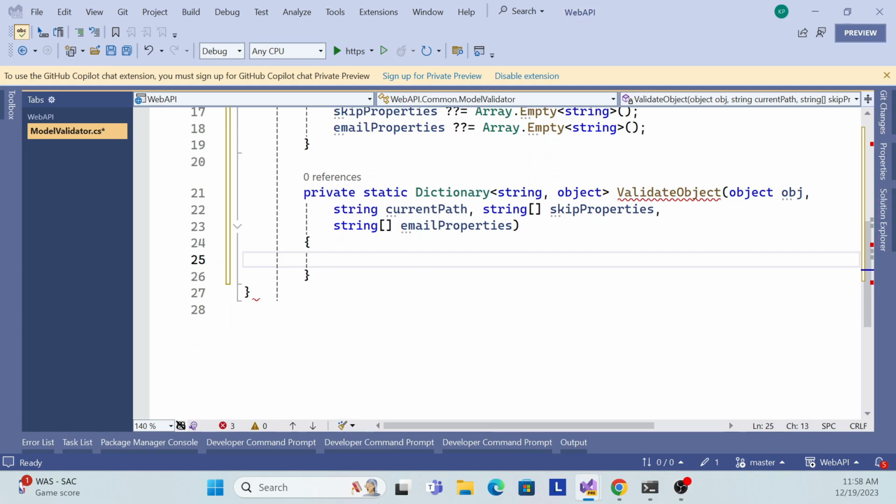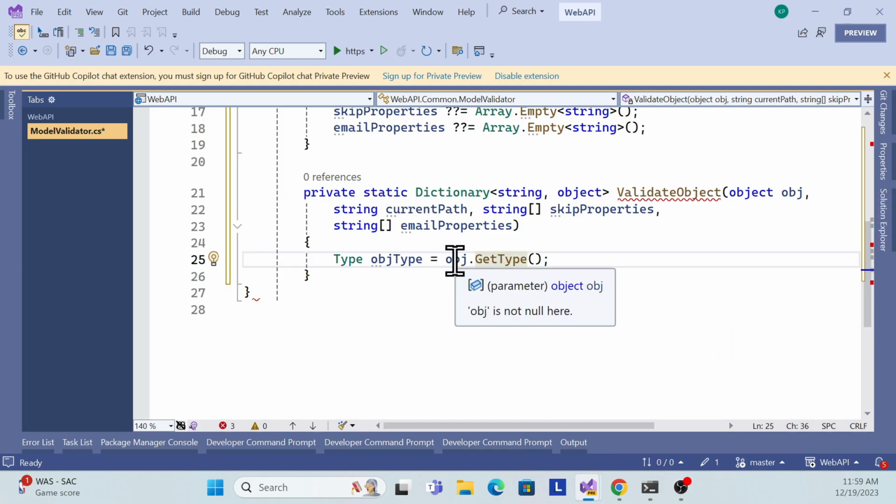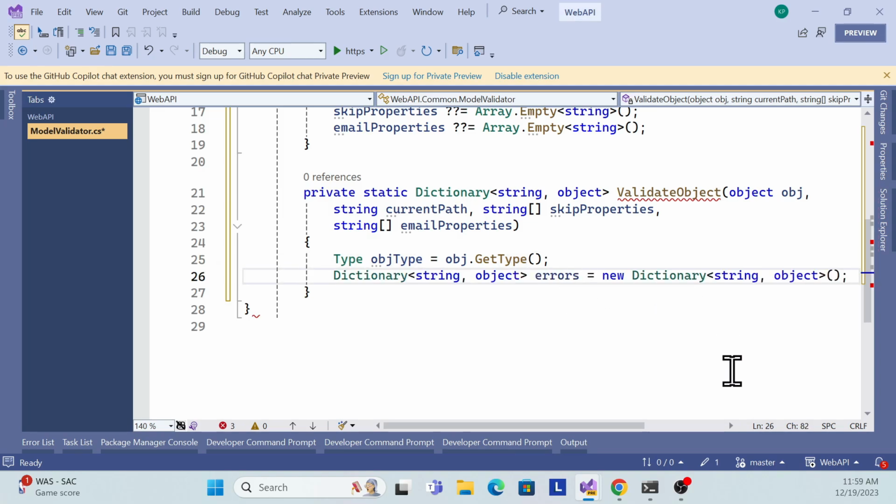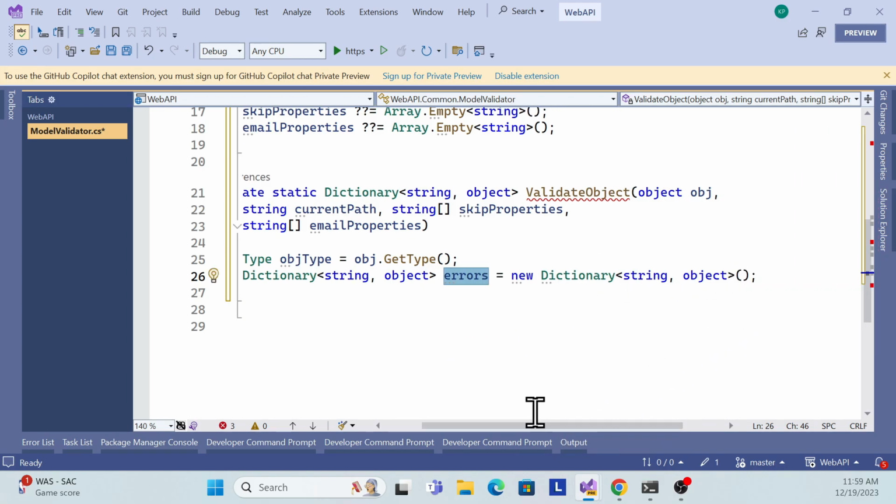So first, in this method implementation, I will create a GetType, whatever object I have, I just need to get it using assembly reflection. So I store it as a type, and then I will create a dictionary to store all the errors. So I just create a simple dictionary object and initialize that dictionary, and then what I need to do,